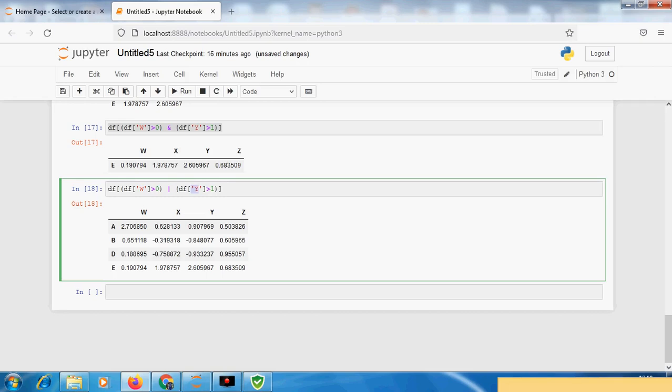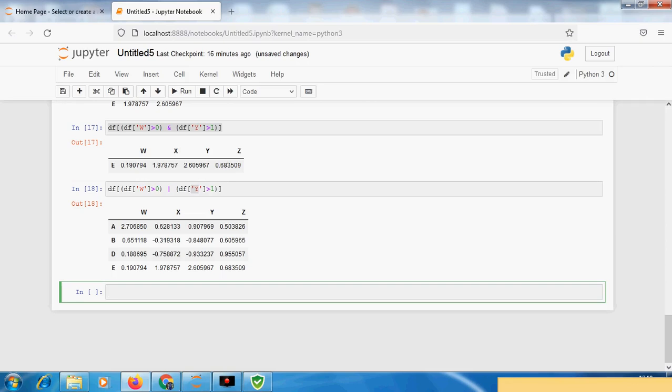And we can note that for this row, both the W column value and the Y column value do not satisfy the condition. That is why it is omitted from the original data frame. So I think now you have a clear idea about how to do conditional selection in these data frames, and what the applications of these data frames are, because we can generate new subsets of matrices along with these types of conditions, and we can create new data frames as well. Now we will check what are the